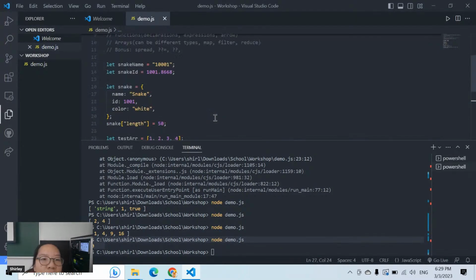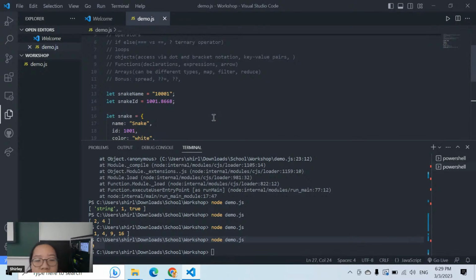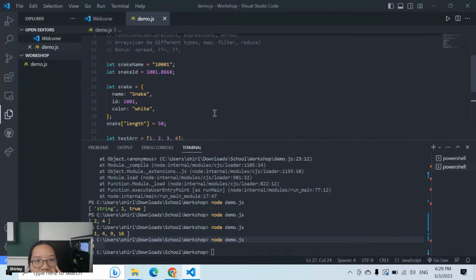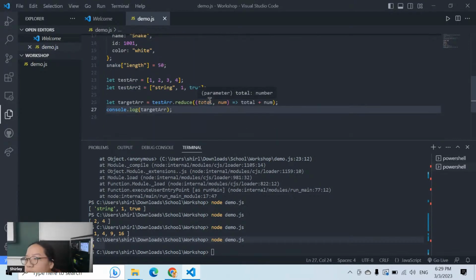All right, okay. So that is kind of it for the arrays. And if there's still time, I guess I could talk about the spread and the nullish assignments. The spread is kind of a way to spread your arrays into a new target. So let's say I have these 2 arrays and I want to add them to one array. You could use spread